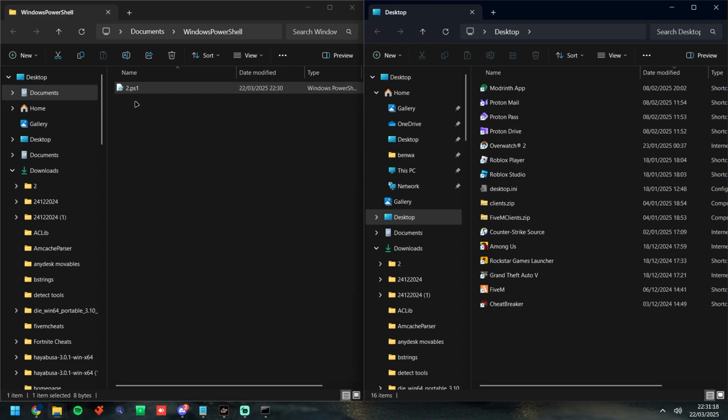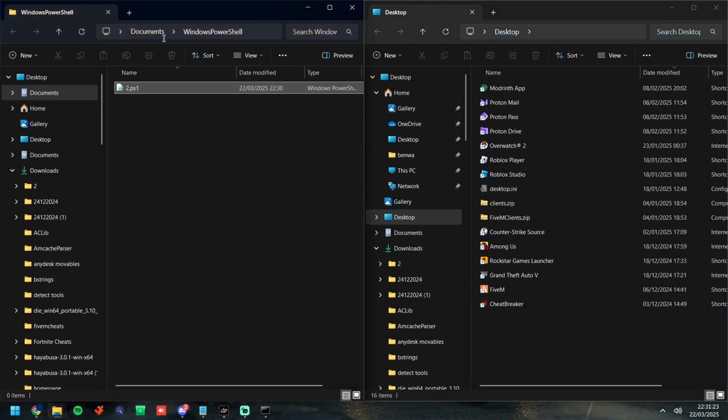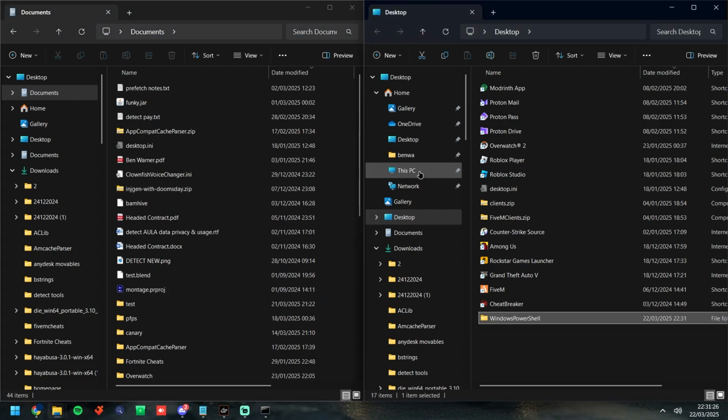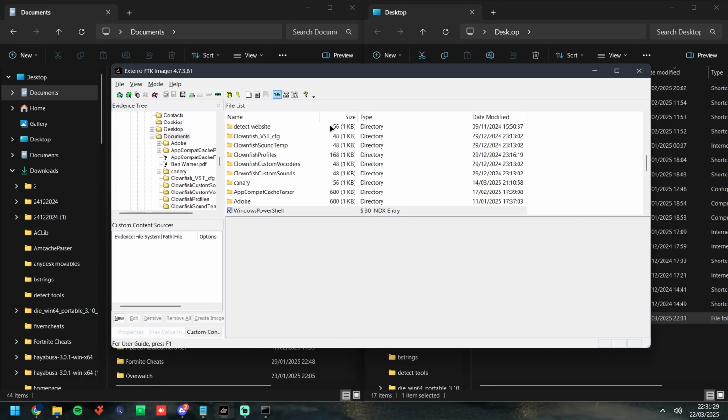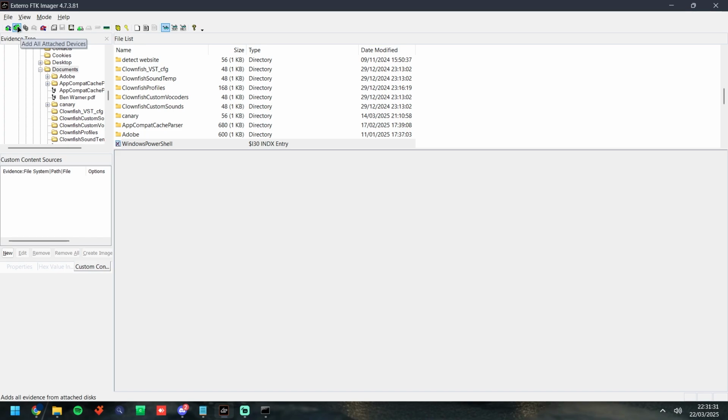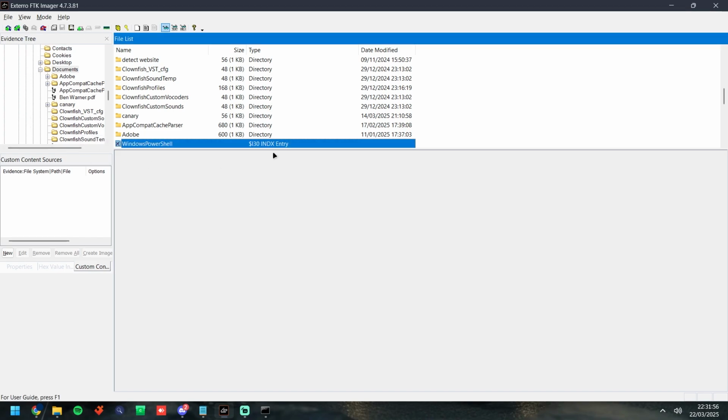And then the last thing they can do is just completely move the file to a different place, or they can move the whole folder to a different place, just like so. And then you can find this by going into FTK Imager. You can load every single drive by clicking this button here, and then navigating to the Documents folder, and then you'll be able to see the $I30 index entry, which is used for folders. So it's slightly different. You would have file slack if this folder was still here,